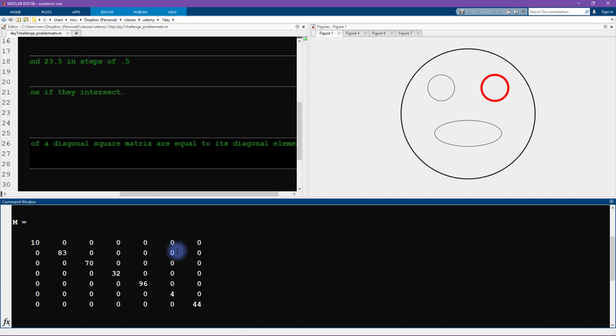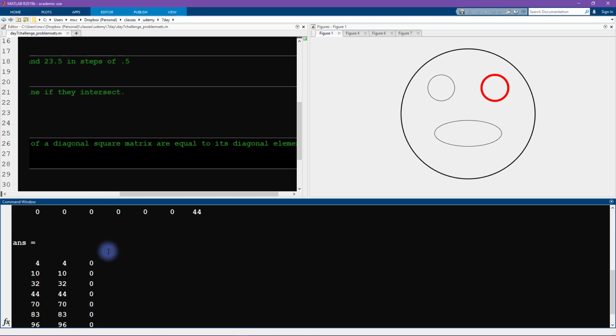So a diagonal matrix is a matrix that has all zeros except for the diagonal going from the top left down to the bottom right. So these contain non-zero values, and all the other elements in the matrix are zeros. And you have to make sure that this is a square matrix, so it has the same number of rows and columns. And then when you compute the eigenvalues of that matrix, you will find that those are equal to